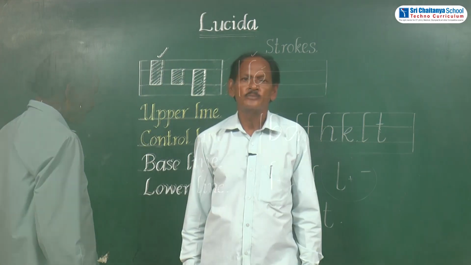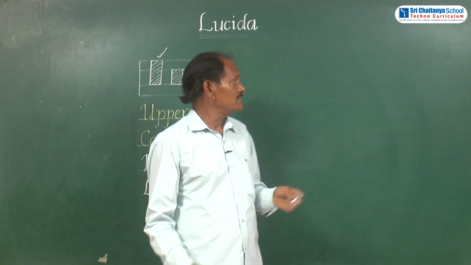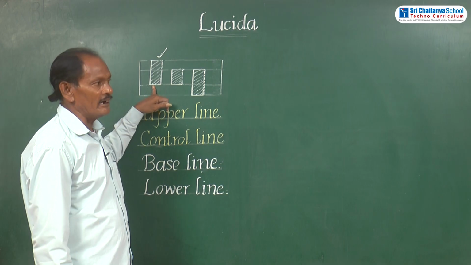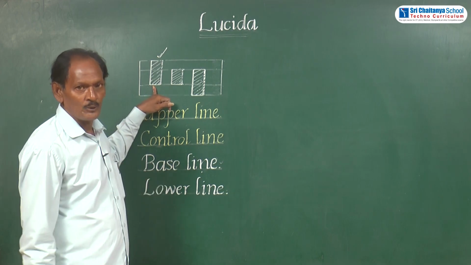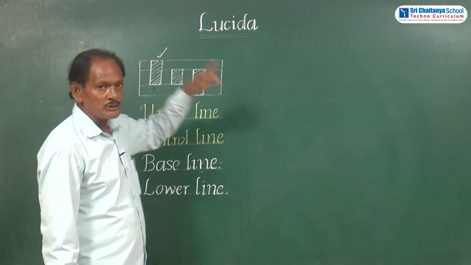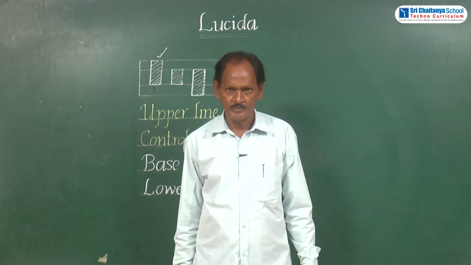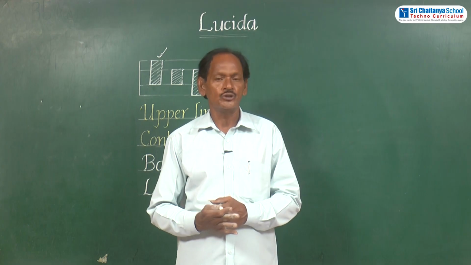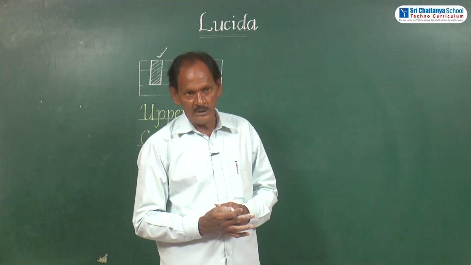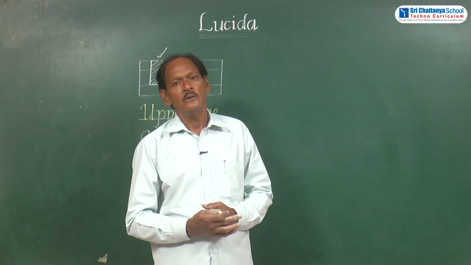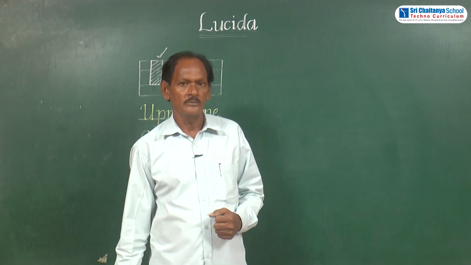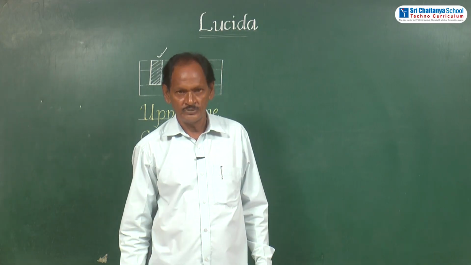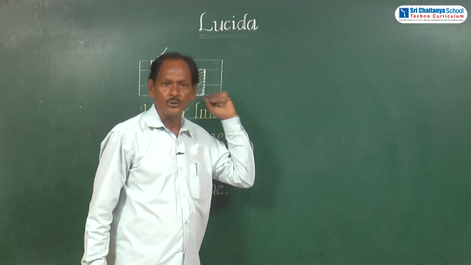Okay? Okay, students. Up to now we have written these upper zone letters. The letters which are confined or permitted among the first three lines are known as the upper zone letters. These upper zone letters we have written in first four lines. And in our Sri Chaitanya Techno schools, some students, those who are studying in CBSE, they have to write their subject notebooks in 2 lines and they have to write their examinations also in 2 lines. Not in the 4 lines, but in the 2 lines.